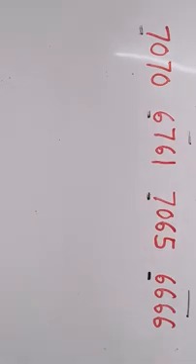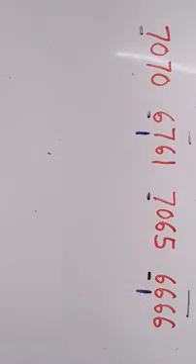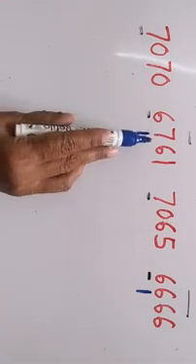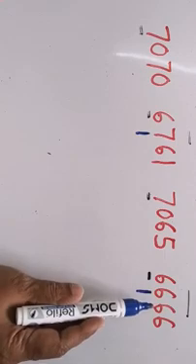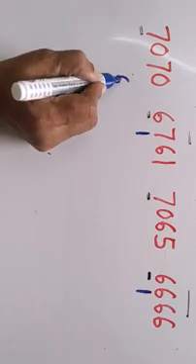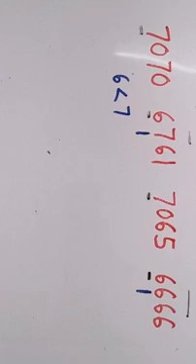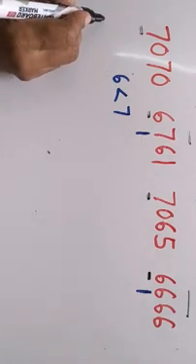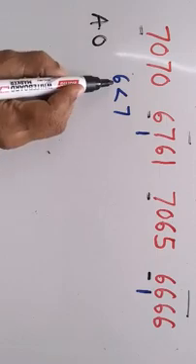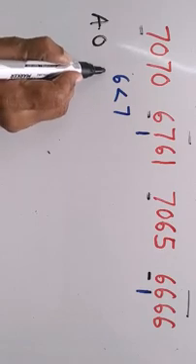So now children, in the thousands place I have 6 and 6. Now I move to the next place. Which is the next place, children? Yes, the next place is the hundreds place. So I am having 7 here and I am having 6 here, right? So I am comparing 6761 and 6666. Now children, if you look in the hundreds place, which number is small? Yes, 6 is smaller than 7, right? So what will I write first, children? Yes, I will write ascending order. So since 6 is small in the hundreds place, I need to write this number first.